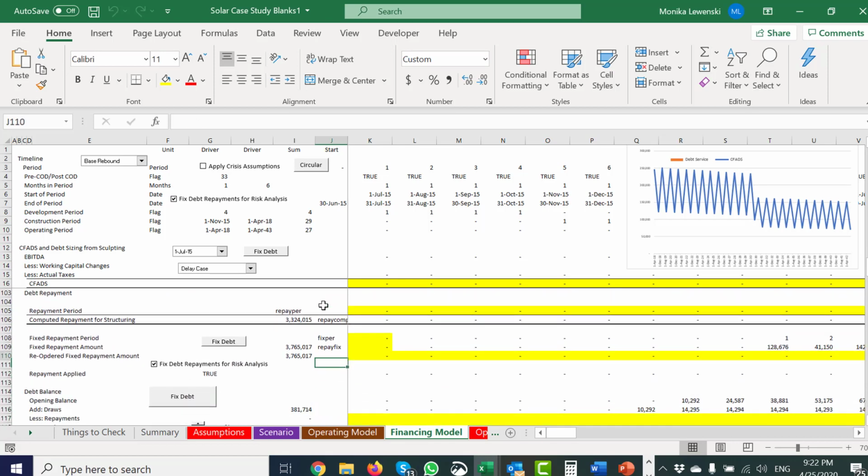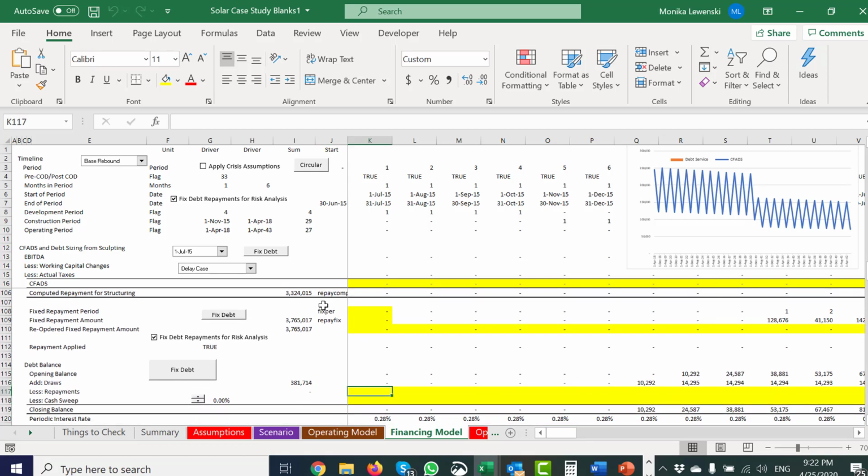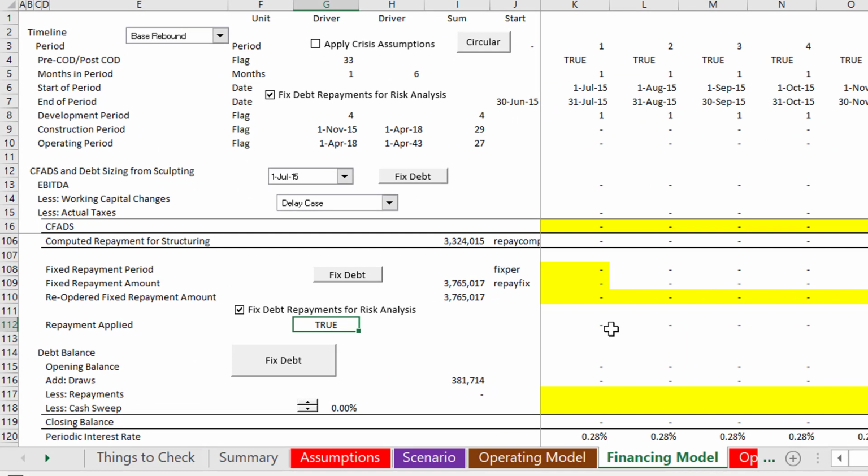All right, so then when we get to our repayments, it's absolutely essential. Oh, no, we got to do one thing, repayment applied. So I made a little checkbox that says, do you want to fix the repayments and run it for risk analysis? That's true. Or do you want to not and use the sculpted dynamic one? That's false. If we fix it, then we're simply going to do one of these things where we say if,